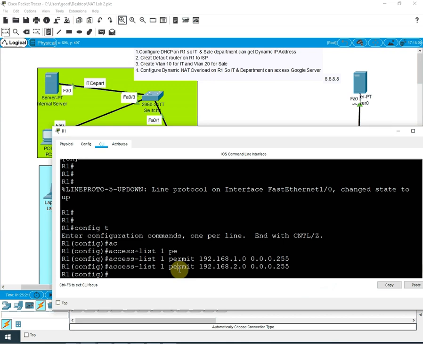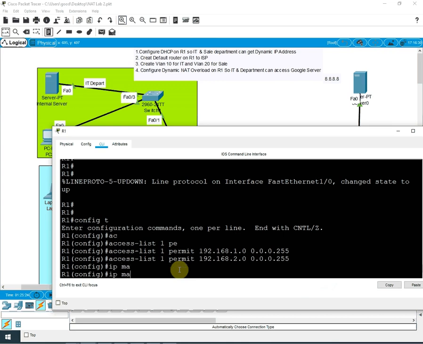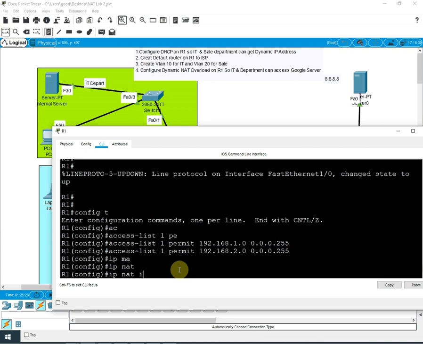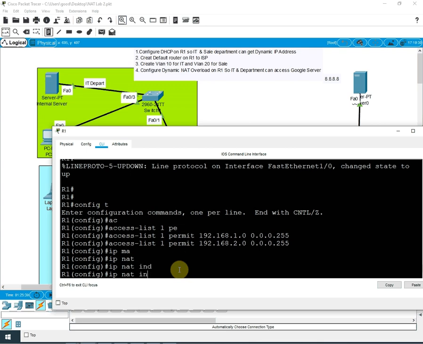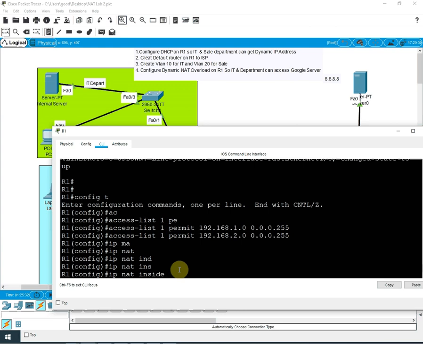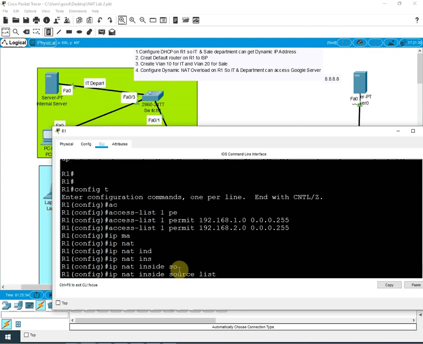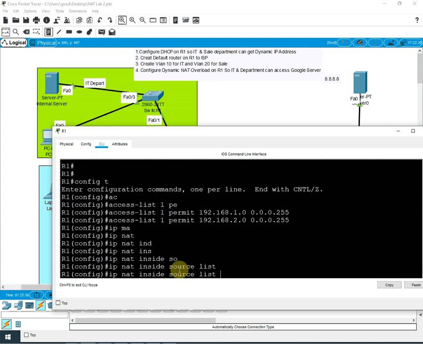So I will write the NAT command: ip nat inside source list, and what is the number of the list? We created list number 1, so I will write list 1. Then we need to apply it to an interface.